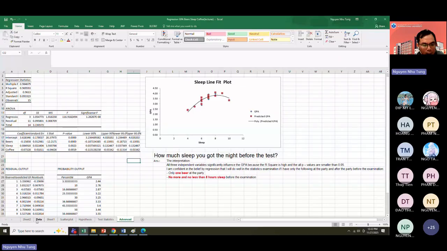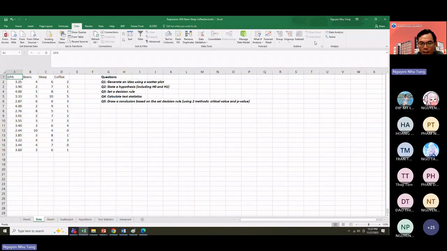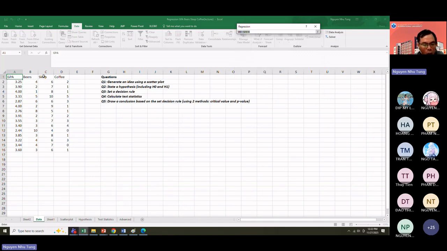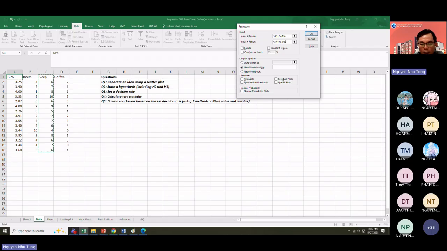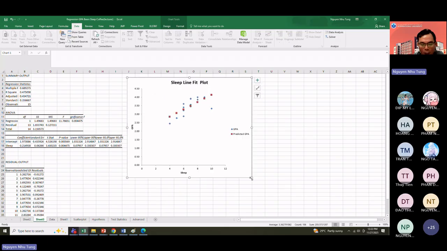Okay, and let's say you want to draw the line that fits like this one. Do it again. Data, you select the data analysis, regression. GPA is the dependent variable, the same, but for the simple regression, you just select sleep as the independent variable. And then you select the line fit plot. It shows you the plot here, the data points,